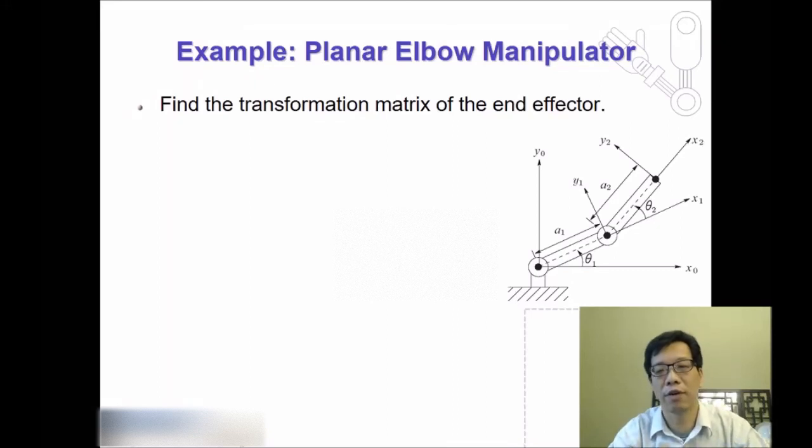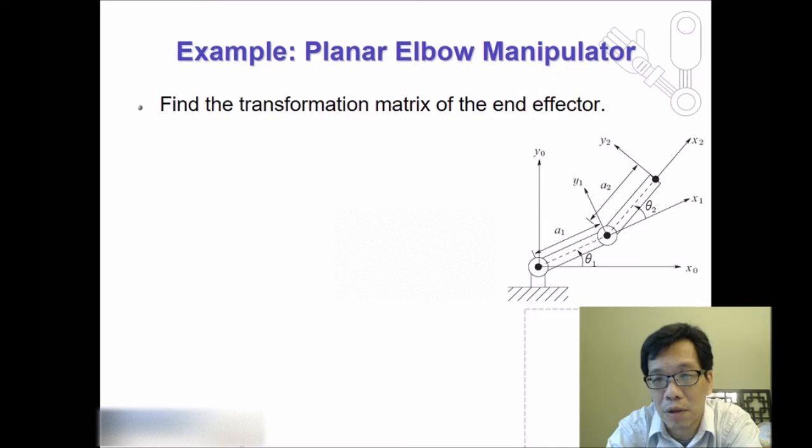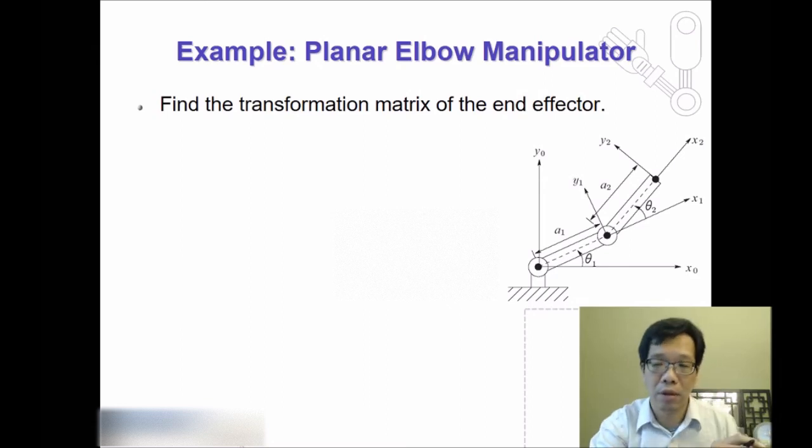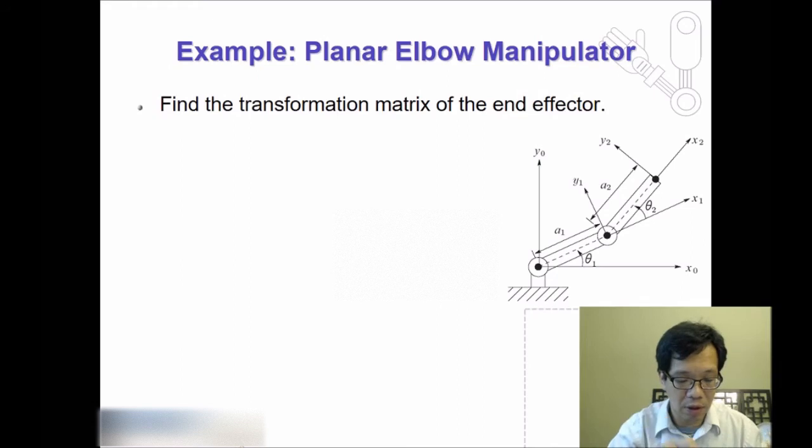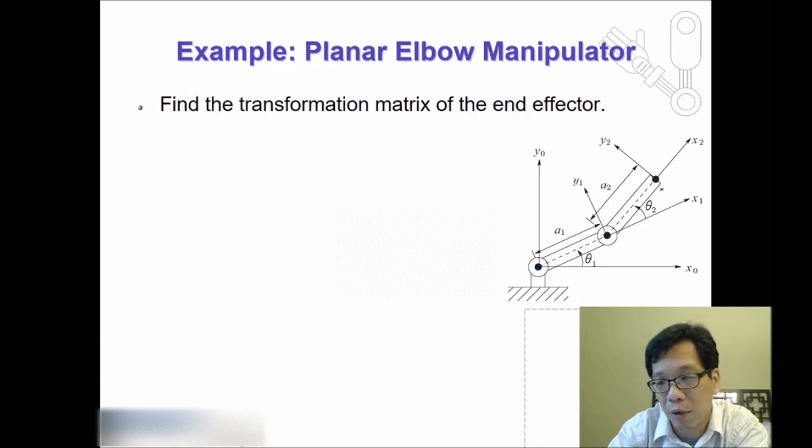Okay, this is the first example, which is a two-dimensional example. We're going to use this two-link mechanism to explain the basic setup of the DH convention method. Since we know this is a two-dimensional configuration, we attach x0 and y0 at the first joint, and we attach x1 and y1 at the end of the first link, and we attach x2 and y2